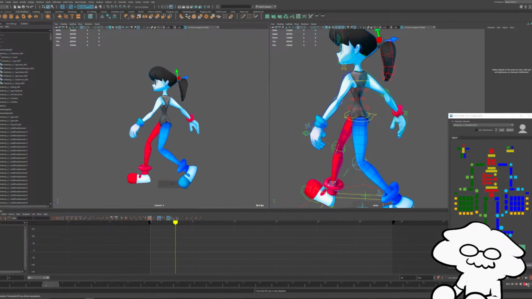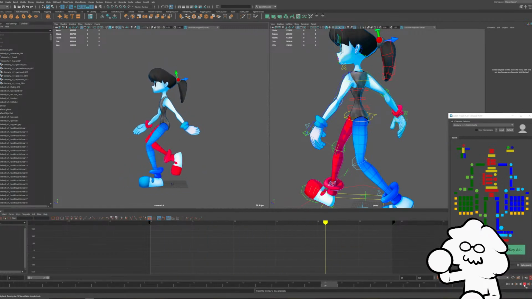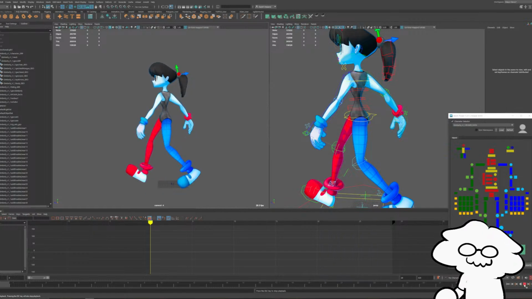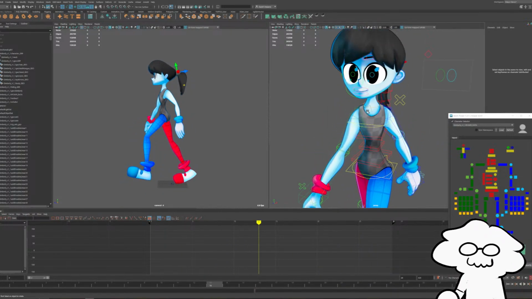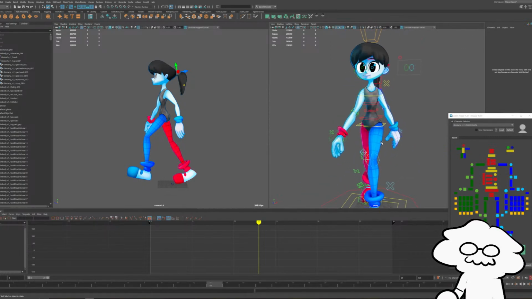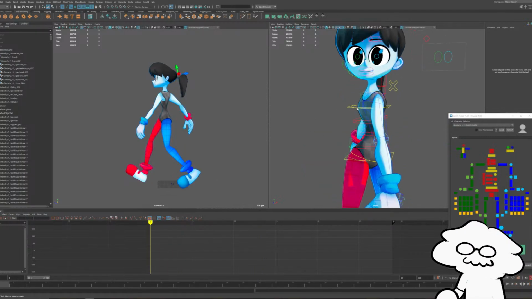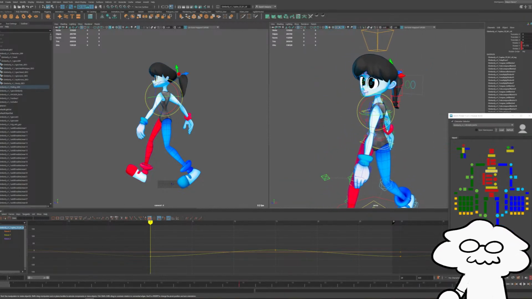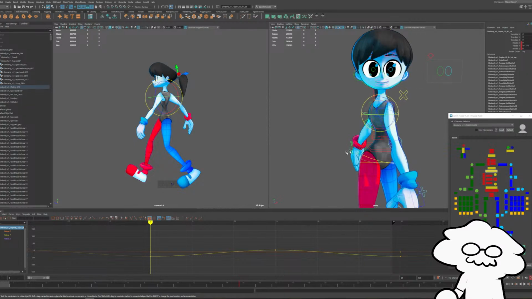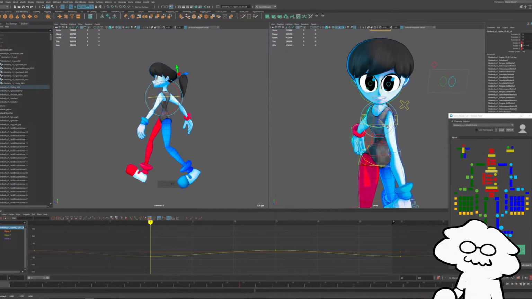So a lot of that's in place so far. We're pretty far along at this point. So I'd say what we need at this point is just a bit of bobbing in the head, the upper body, and the lower body. And we also want to turn and counterbalance the upper body a bit. So let's do that real quick. This feels like it might be turned inwards a little bit too much. So let's turn that back a bit.